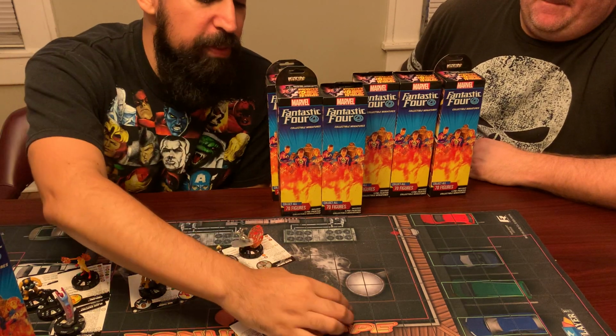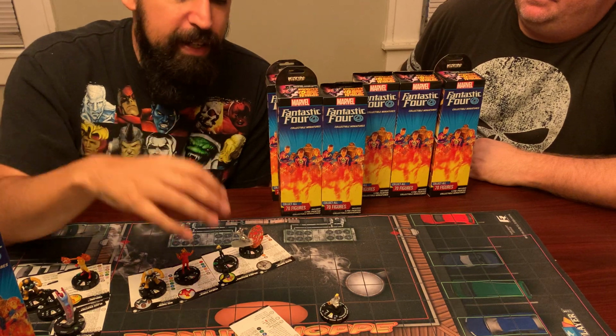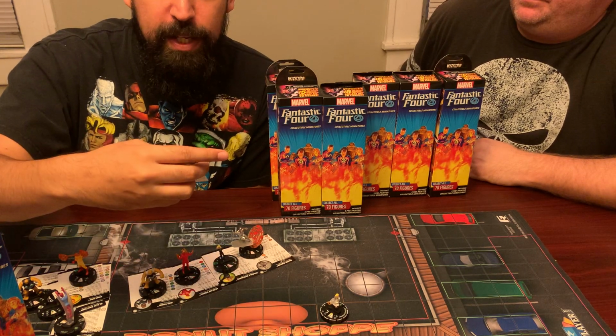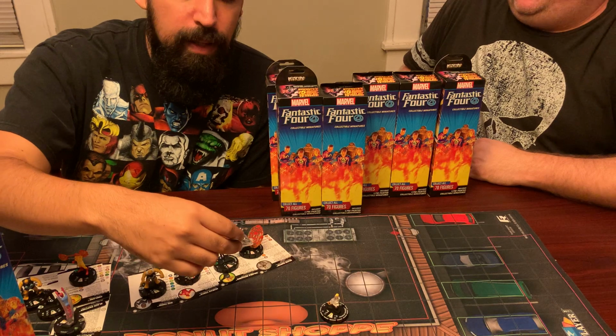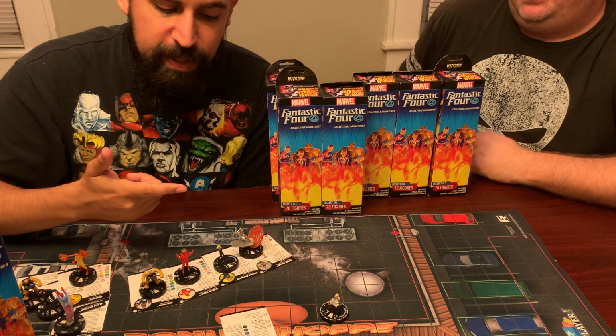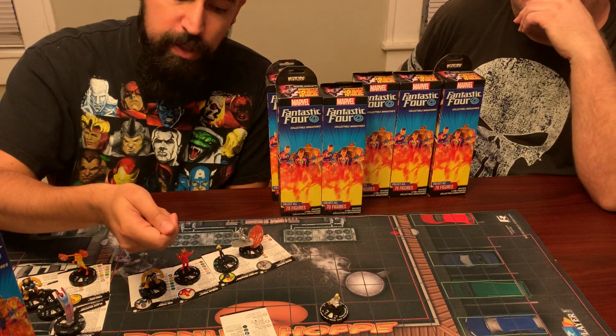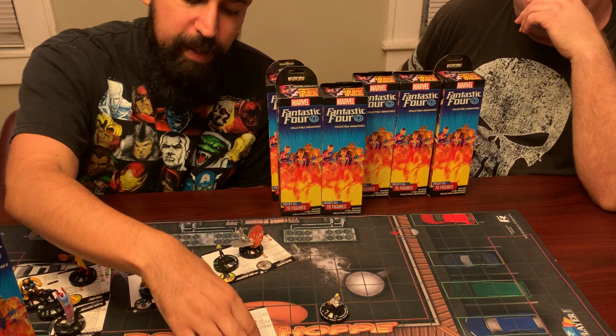Now, here's the cool thing though, he doesn't have a really impressive dial at first. On his first 3 clicks, he is a support piece. He will generate these terrains. He can use incapacitate or telekinesis, so he can move your characters. He can put action tokens on an opponent. But then